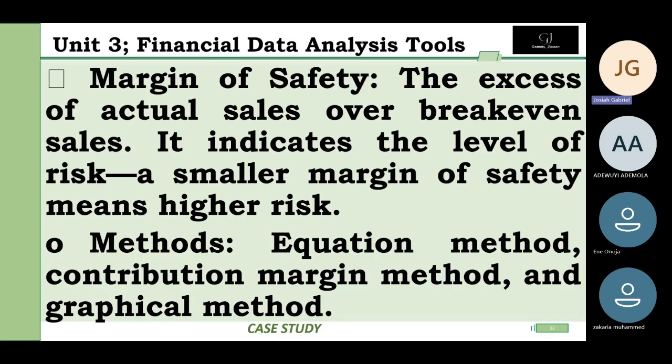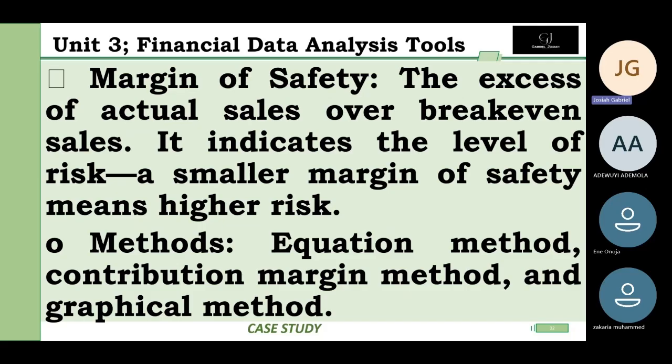So it's the excess of actual sales over the break-even sales. The margin of safety is a concept that helps stay above the loss level. So where the break-even is at par with revenue and cost, the margin of safety says revenue should be above a bit so that you can be safe